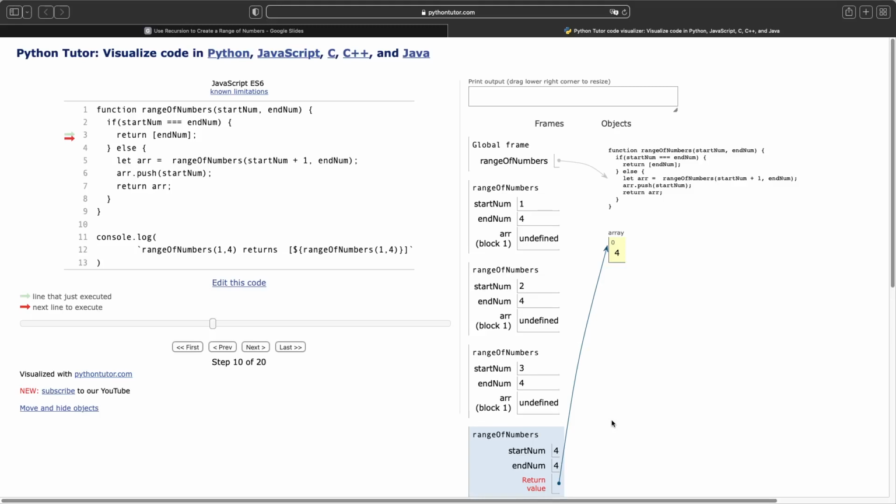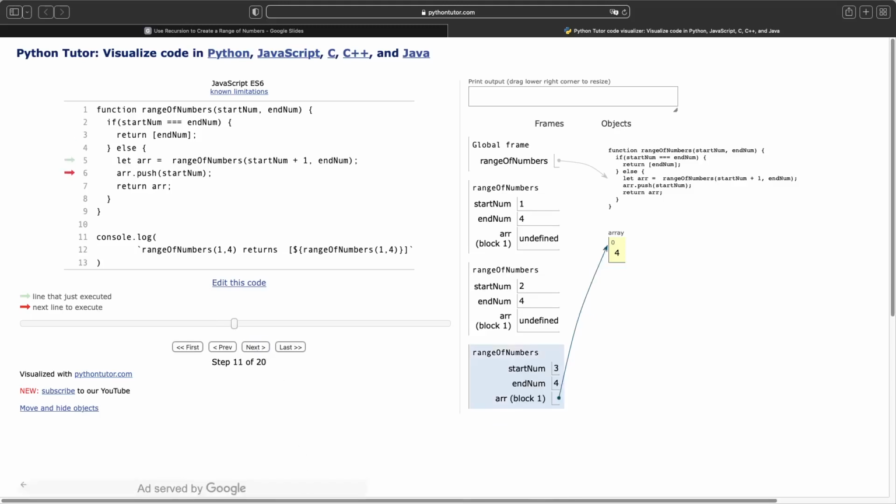In this case, an array with the number 4. We can see that the variable r is an array with one element, the number 4.